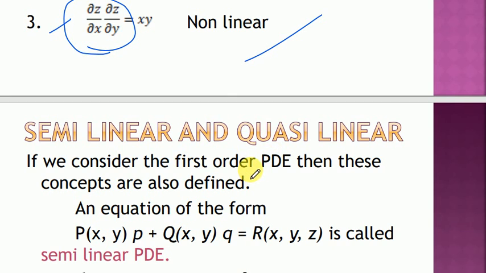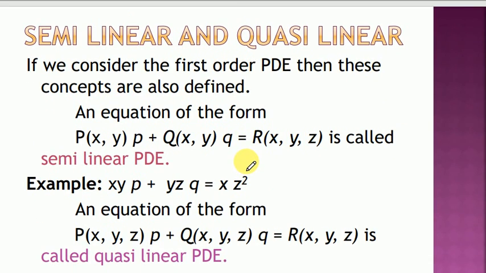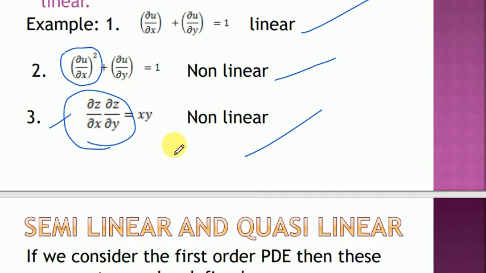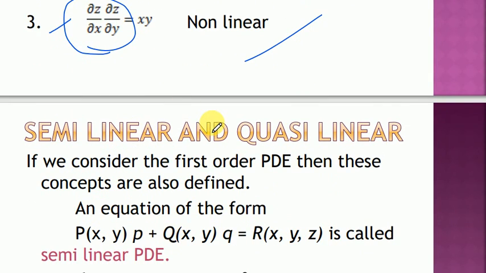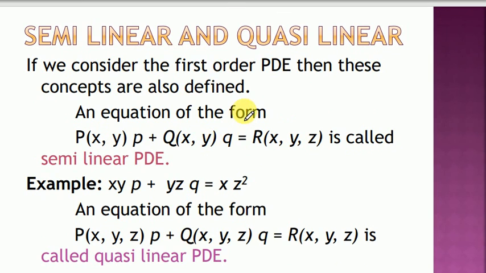The next concepts are semi-linearity and quasi-linearity. Basically, semi-linearity and quasi-linearity are defined for the partial differential equations of first order. Linearity and non-linearity are the general concept, that means for all order partial differential equations. But semi-linearity and quasi-linearity concepts are for first order partial differential equations. So the definition is